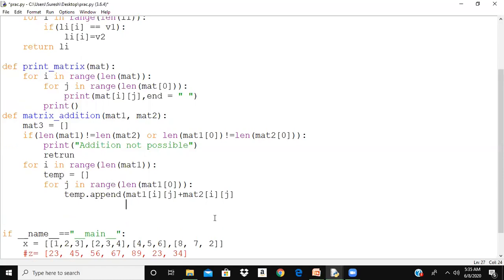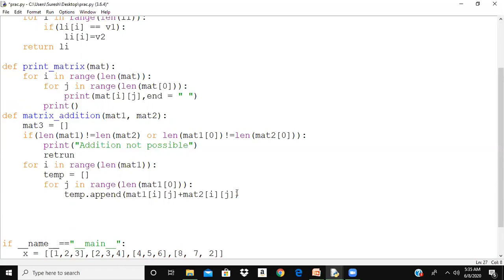I just want to add this row to the matrix 3. So I am coming out of this for loop. Then I am telling mat3 dot append temp. When I come out of this for loop and come here, again temp will be empty, again three elements will be added, and that will be added to mat3.